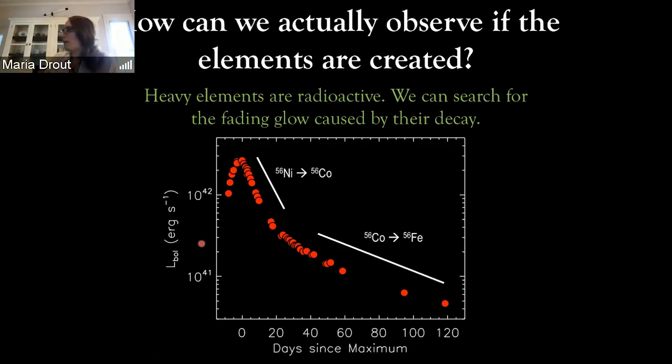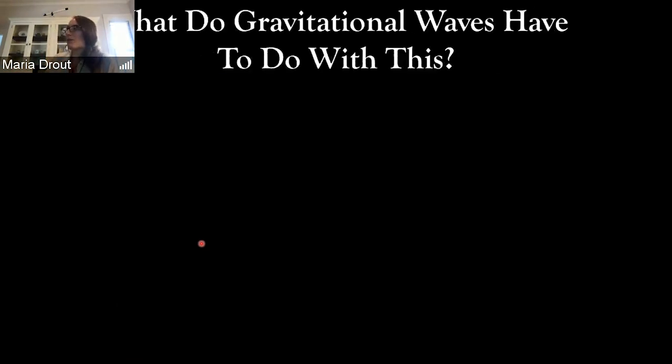Whereas on the flip side, for neutron star mergers, we are expecting that the only elements they're creating, so all of that radioactive glow, would be due to these heavy elements. However, as I mentioned, those are incredibly rare. In fact, as of a couple years ago, we had never had a confirmed observation of a neutron star merger. So it was a little hard to rely on that when we weren't reliably finding them in the universe. And so that brings us to my next point.